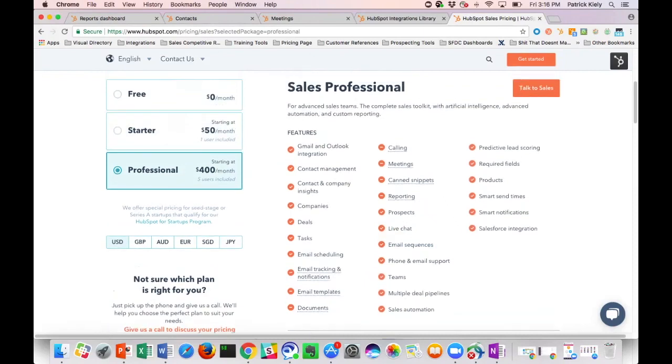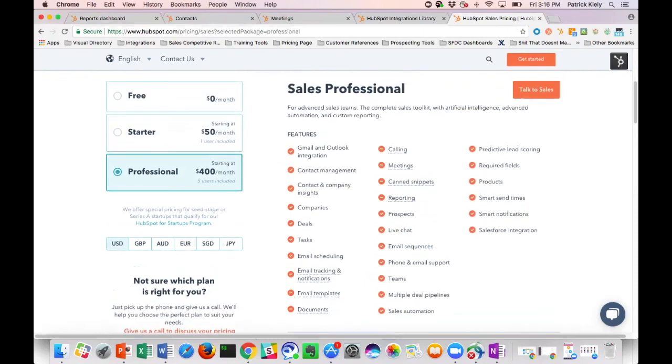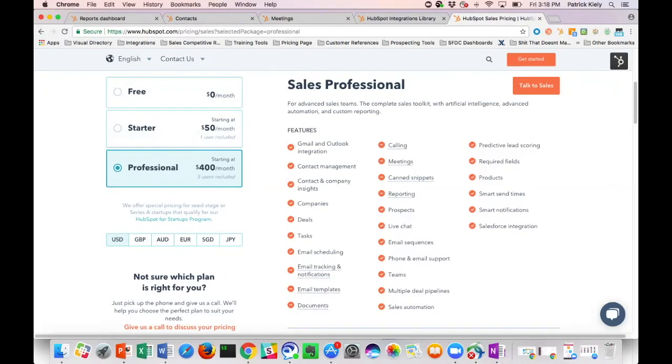And then for those of you that are looking for a team of real estate agents, we have our Professional package, but again, more designed for teams of real estate agents. For those of you who are looking to upgrade from the free version to either the Starter, or for those who have teams to the Professional version, which again is $400 a month for 5 users, made it really easy for you. I included a link that'll take you directly to our pricing portal right in the email underneath this